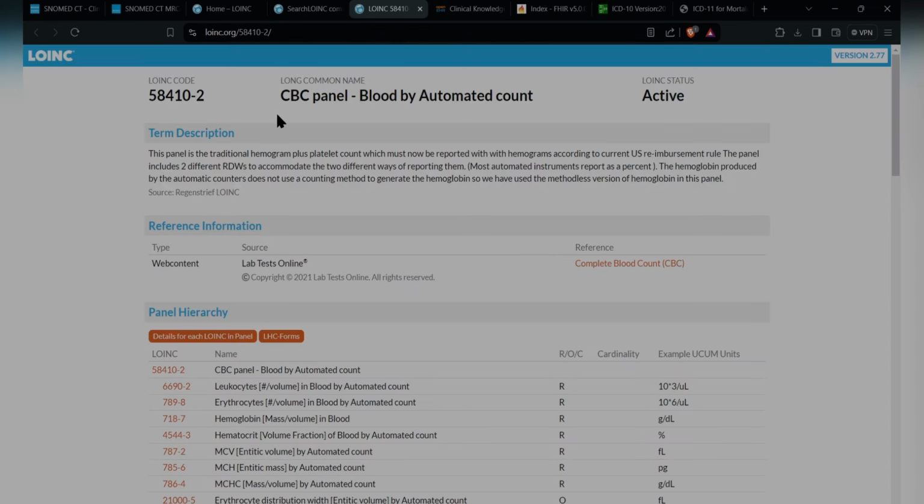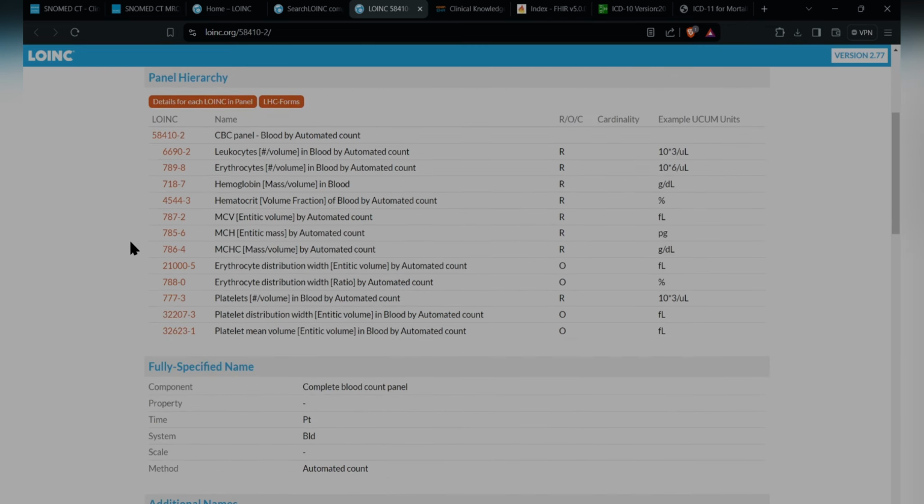If you click on that, it's a hyperlink. You will get to this particular page and you can see the number is over there. In fact, if you know the LOINC code, you can go directly and put it in and you will get this page. It shows this is active and it gives you all the description, the reference information, and this is the panel hierarchy. You see, this particular panel has these many individual tests,